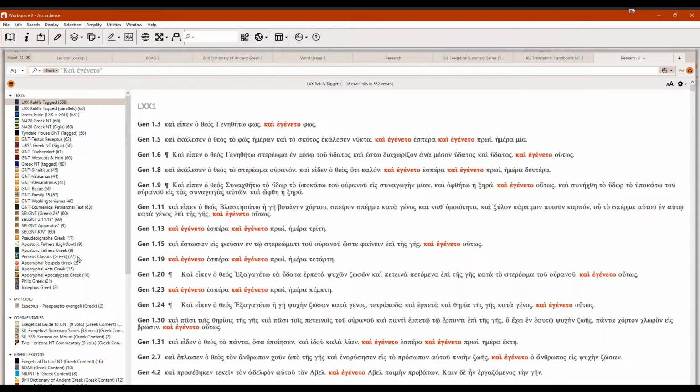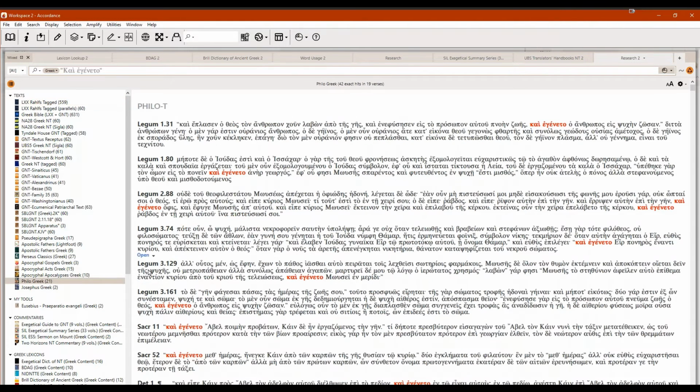Just for as large as the collection is in the Greek classics, it's not used very often. What particularly interests me is Philo and Josephus. In all of Josephus, which is a large body of work, only two times does he use that. And if I look closer at Philo, I find that almost all of the times he uses that phrase, he's quoting the Septuagint. So the conclusion I'm drawing from this is that Mark got this,